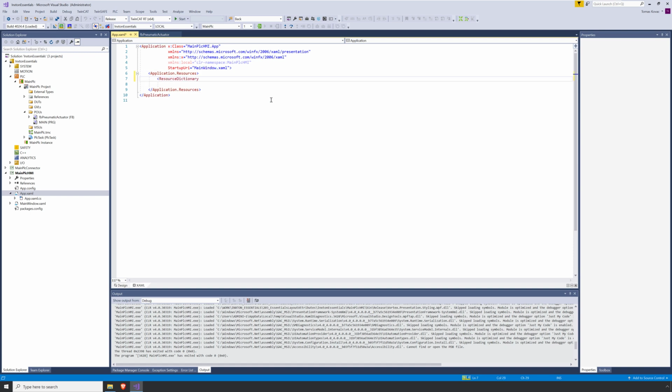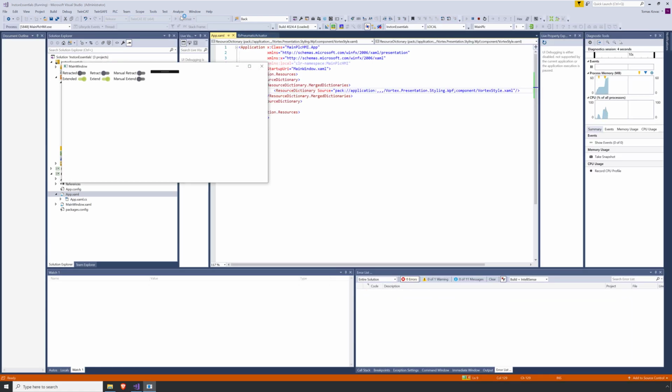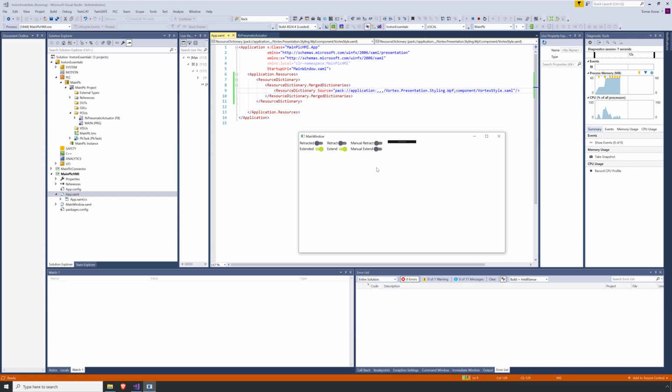You can also create your own style for some controls and place the resource below into another resource dictionary.merge dictionaries section. Then the keys defined only in the first resource will be applied from the first resource, while keys defined in both or just in the second resource will be applied from the second resource. Start the application and test the functionality. You can notice significant visual changes while functionality remains the same.